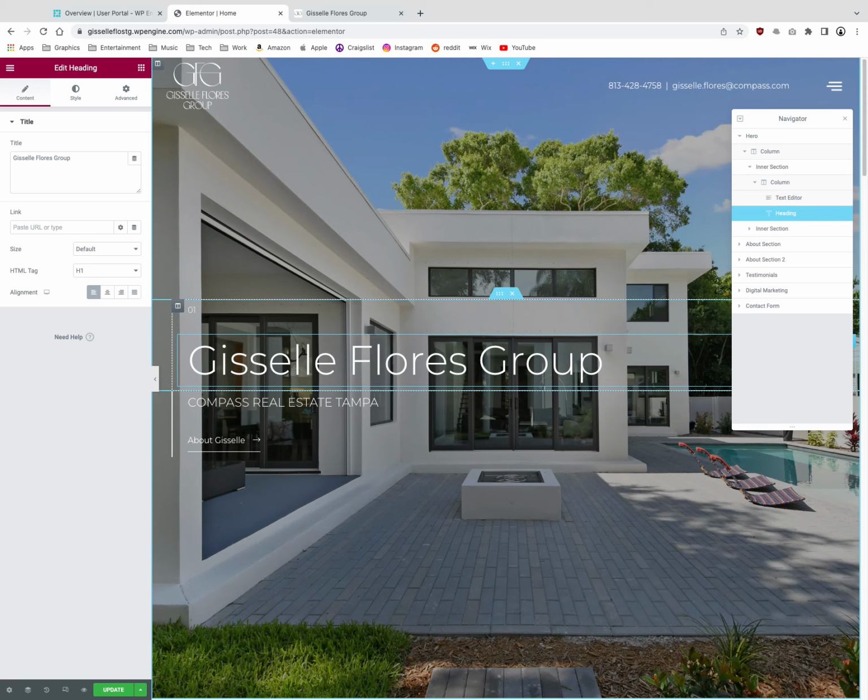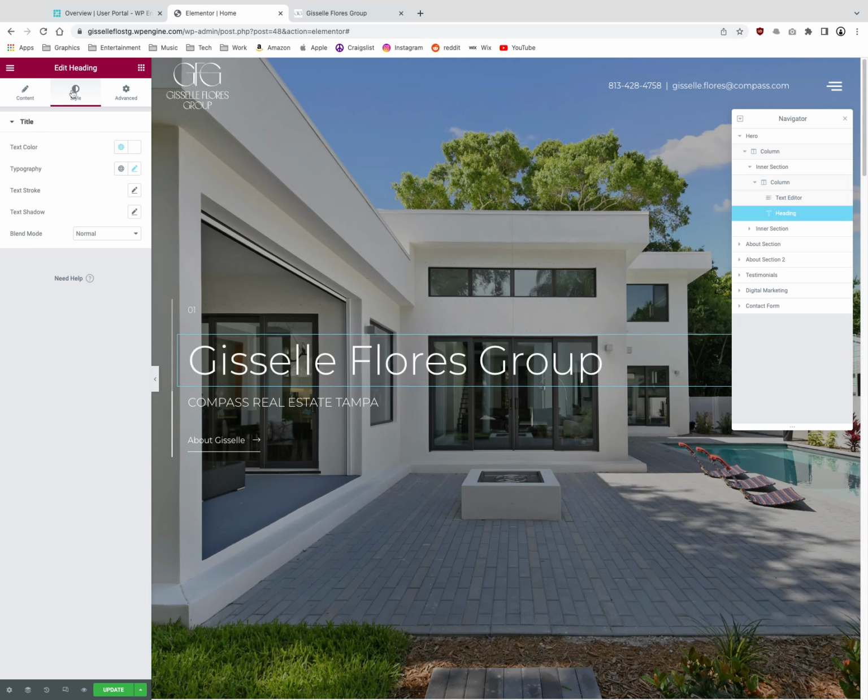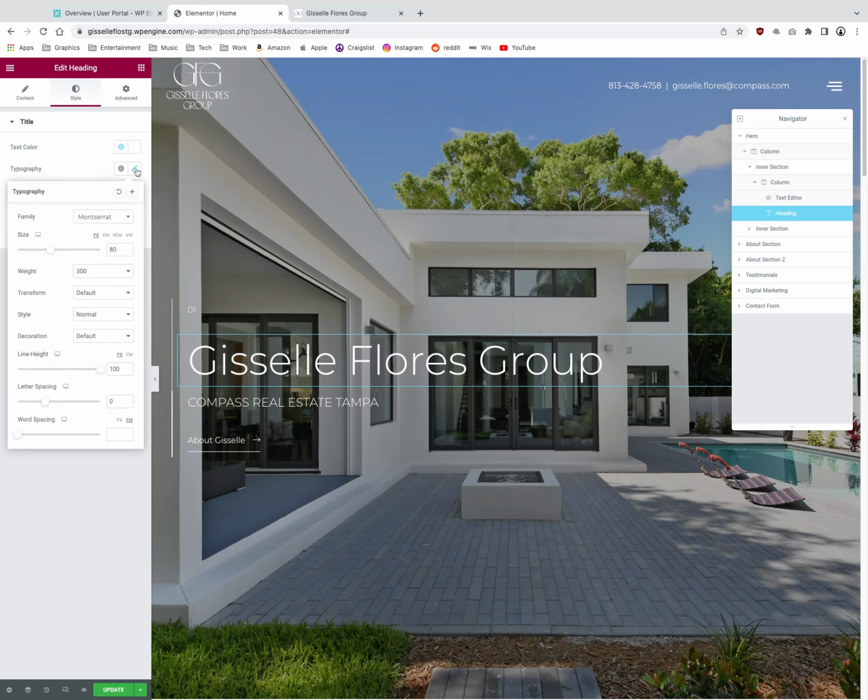So as you click on a heading, you'll see that you have an option on the left-hand side to then edit that text. So to update that text, all you have to do is change the text within this window. Additionally, you have an option to change the style of the text. There you can change the text color. You can also change the typography, meaning the font size, the font type, etc. So if I click on that pencil,